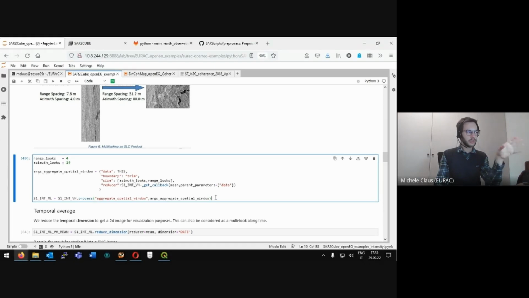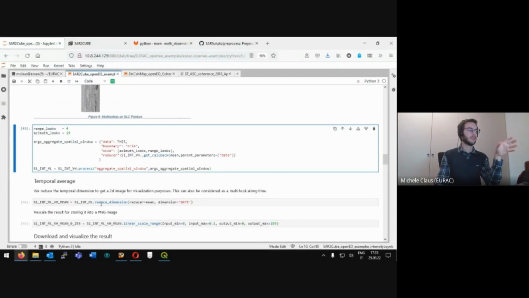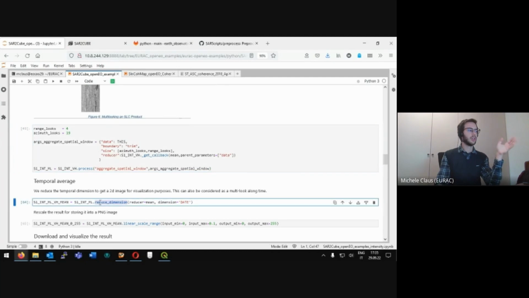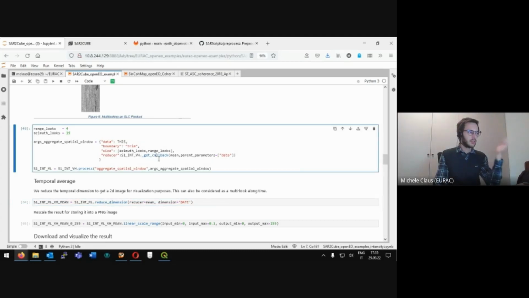It works, but since this process is still experimental, we don't have a clean way of referring to it. For example, if we do reduce dimension, we just call reduce dimension and give some parameters. Here, instead, we have to refer to some internal objects with a callback. This is just because it is still not officially implemented in the